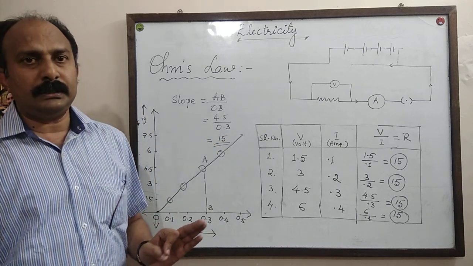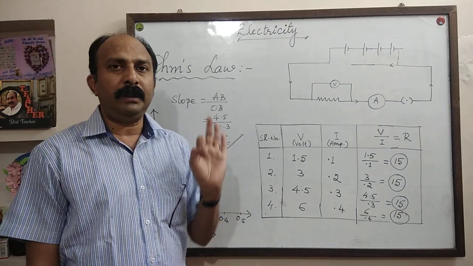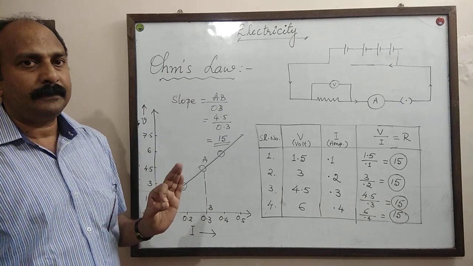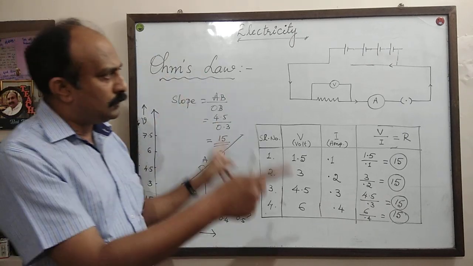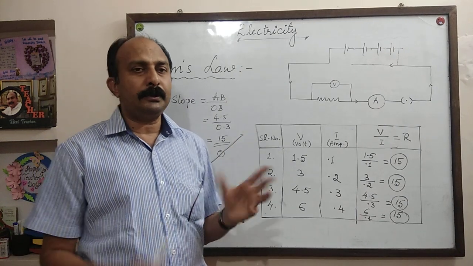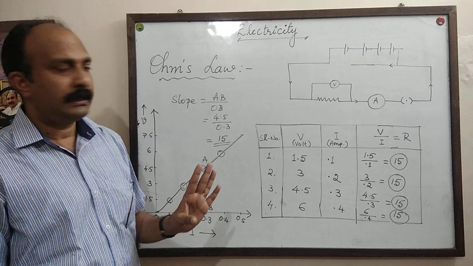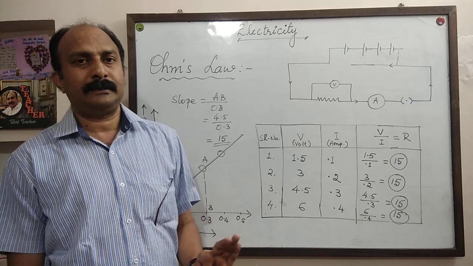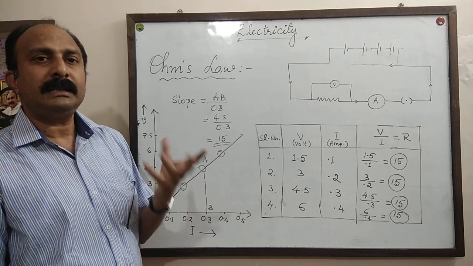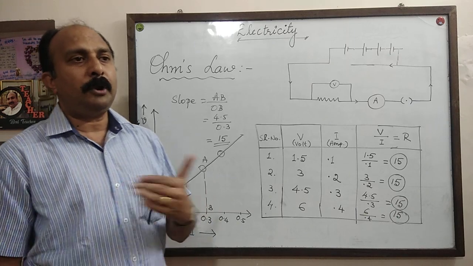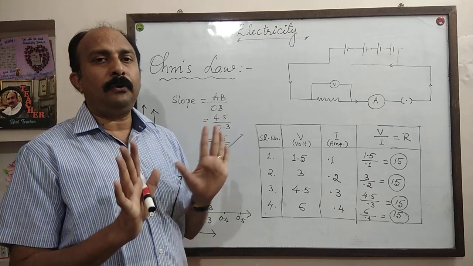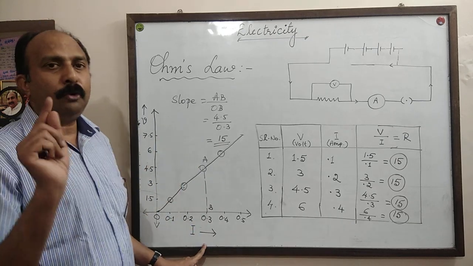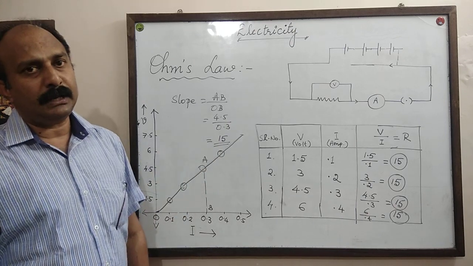I hope all of you understood. Today's topic, Ohm's law, a very important topic. Ohm's law states that V is directly proportional to I. The potential difference across the two ends of a wire is directly proportional to the amount of electric current flowing through it. V upon I is a constant, and that constant is known as resistance. Every conductor has its resistance value. It is a property due to which it opposes the flow of electric current through it. Second thing, the VI graph for an ohmic conductor will always be a straight line.